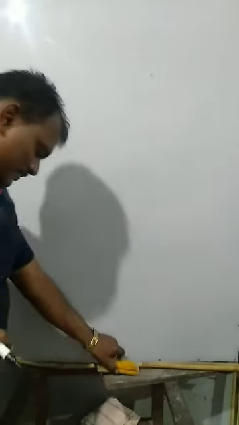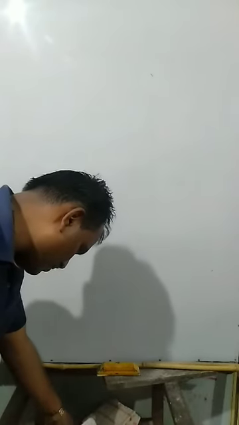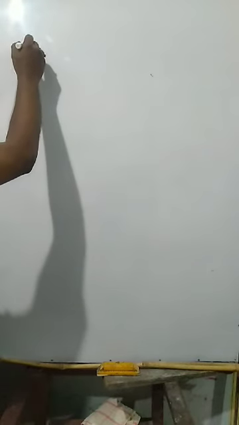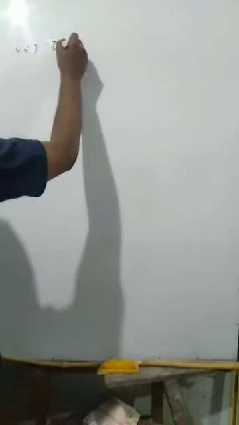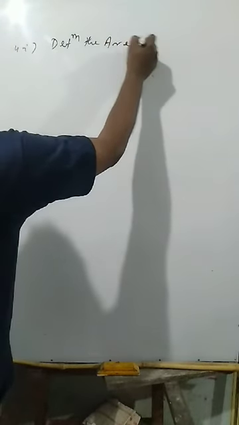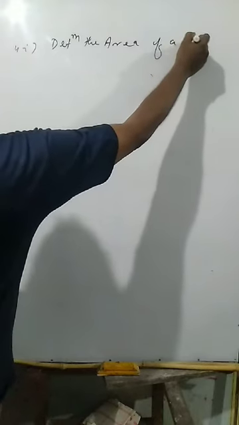Now we will find the area of the triangle. The question number is also given: question number 5 from the exercise. Determine the area of a triangle